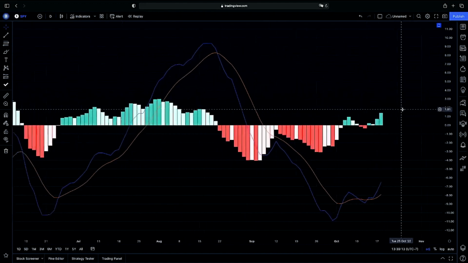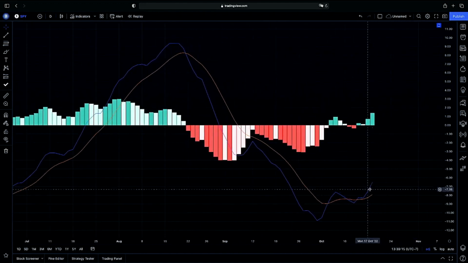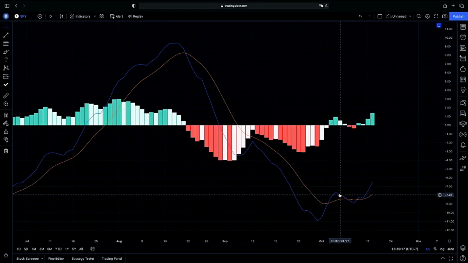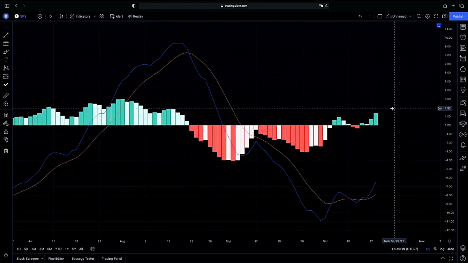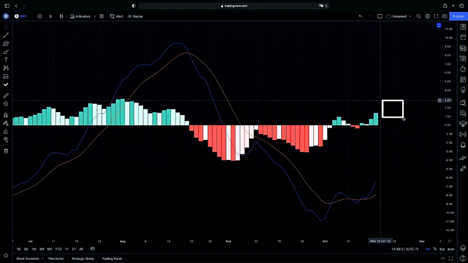So again, looking for that same confirmation here, looking for our EMA lines to continue to point up as we do have higher lows and higher highs now, looking to see if we can cross above the median of our MACD will give us that strength here.